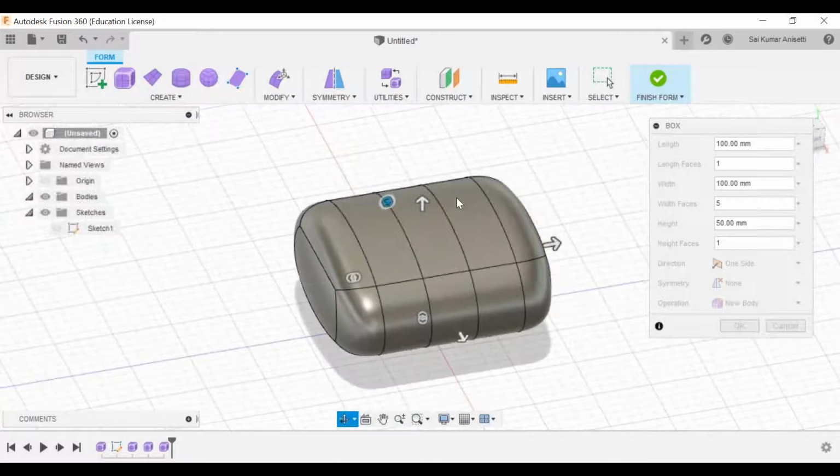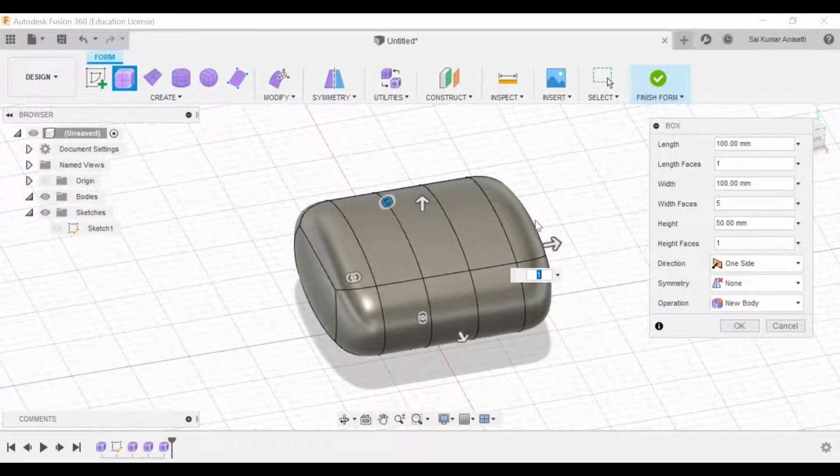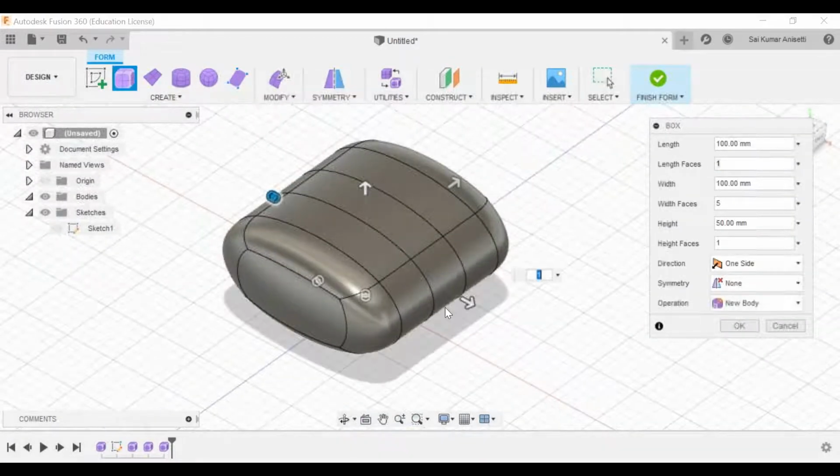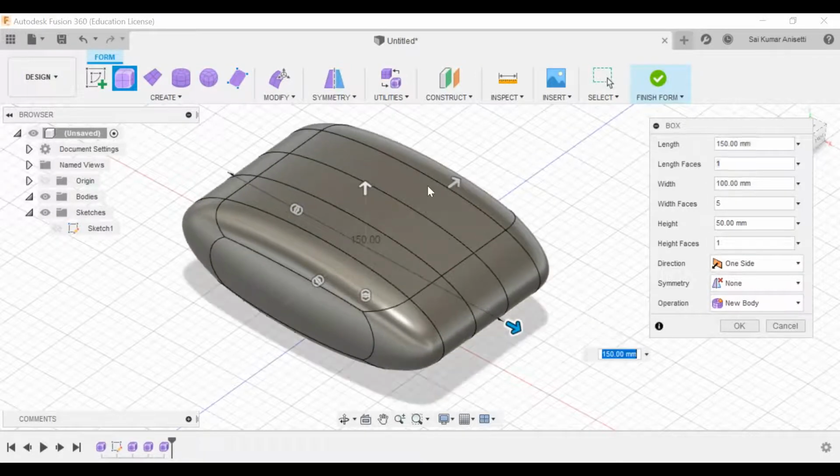There is no hard and fast rule that you have to keep this many faces, but there is a rule that you have to keep faces as low as possible, and you have to achieve your design. That is the foremost thing in your surface design and surface model. Your faces should be as few as possible, but you have to achieve your final design, final output. So you have learned what these arrows meant and what these brackets meant. You can control it from the box, or else you can just drag and play with these around.